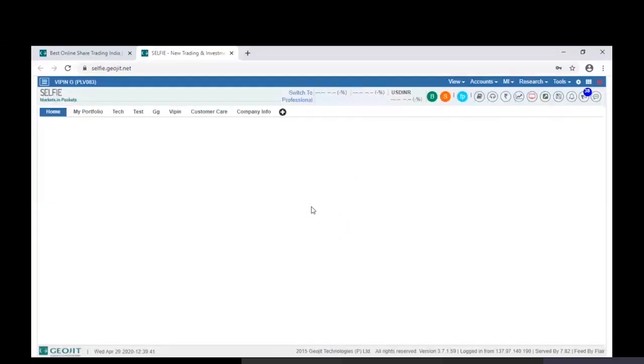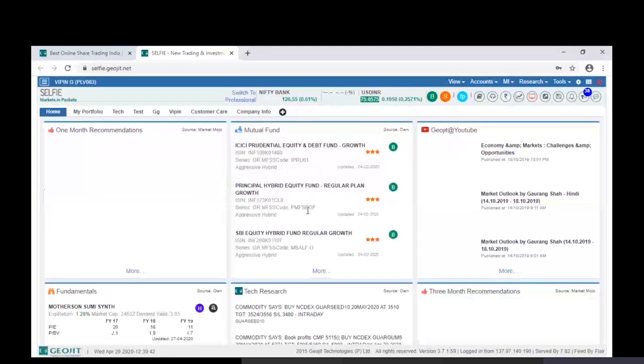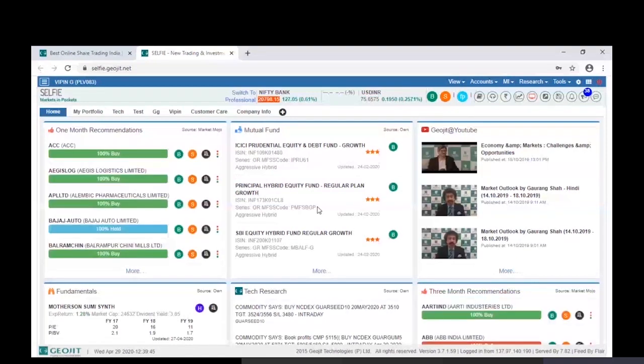Even as I start explaining the order window, it remains the same for mobile devices or for the EXE platforms. I just want to make you aware of what the order screen looks like and how the order can be placed. It remains the same even if you are using a mobile device. As we all know, we use Facebook or anything both on our mobile devices and our laptops. The only difference is that the screens in which you see the applications are different, but the concept is the same. Similarly, with Selfie the concept is the same. The only thing is that you have two different views, from your mobile device or from your web application.